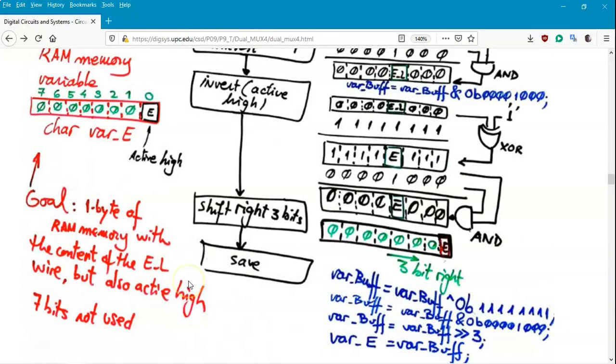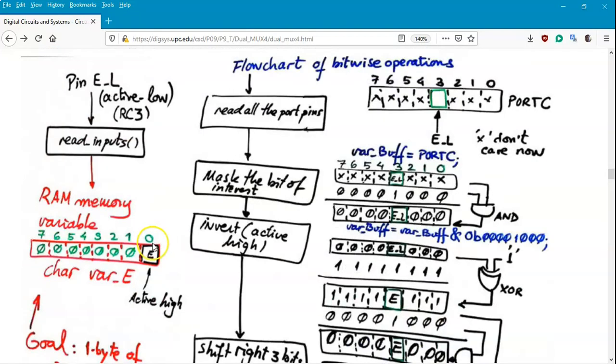All right, so the active low and active high in the end is going to be an electrical detail, but it's not going to interfere with the software. The software is going to be the standard logic function or truth table of a dual MUX4. So you see, if this is the goal, right? Well, I guess that this is not going to be that simple. You probably have to do a kind of flow chart consisting of a series of bitwise operations in a chain,